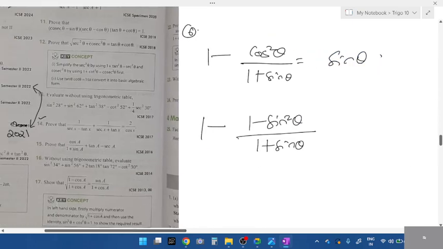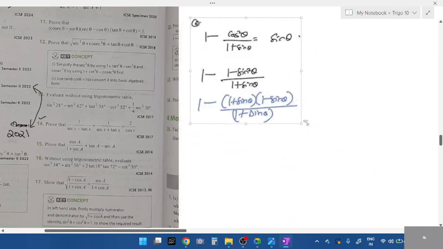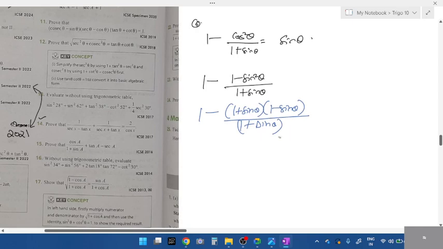Okay. In the same way, how do I write this numerator now? Tell me numerator, students. 1 plus sine theta into 1 minus sine theta divided by 1 plus sine theta. Which one gets cancelled here? Which value gets cancelled? Yes. So what is left? Tell me the next step. 1 minus